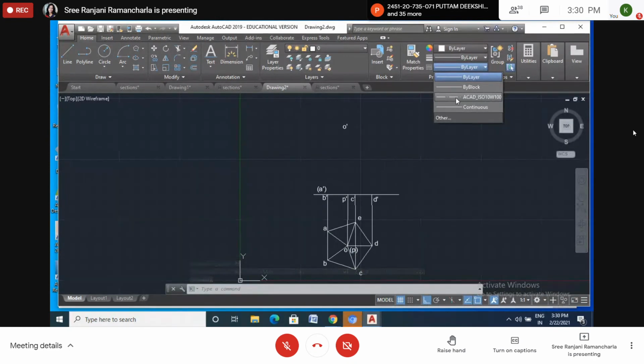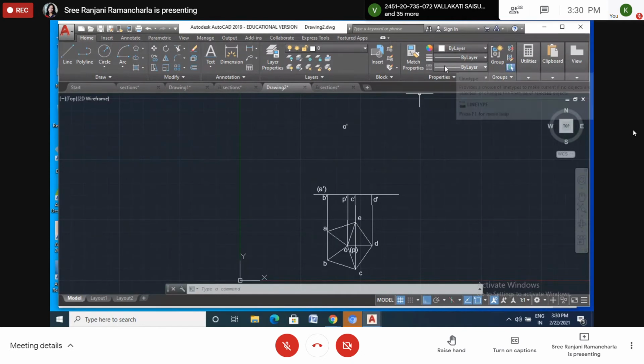See. Okay. So before that, when we are drawing a line, whatever type of line is visible here, with that line you can draw whatever drawings we are doing. Now we have to change this one. So this one we want as axis line. Okay, this axis line that I selected. So this line is present now. If we take the line command, that type of line is drawn here.